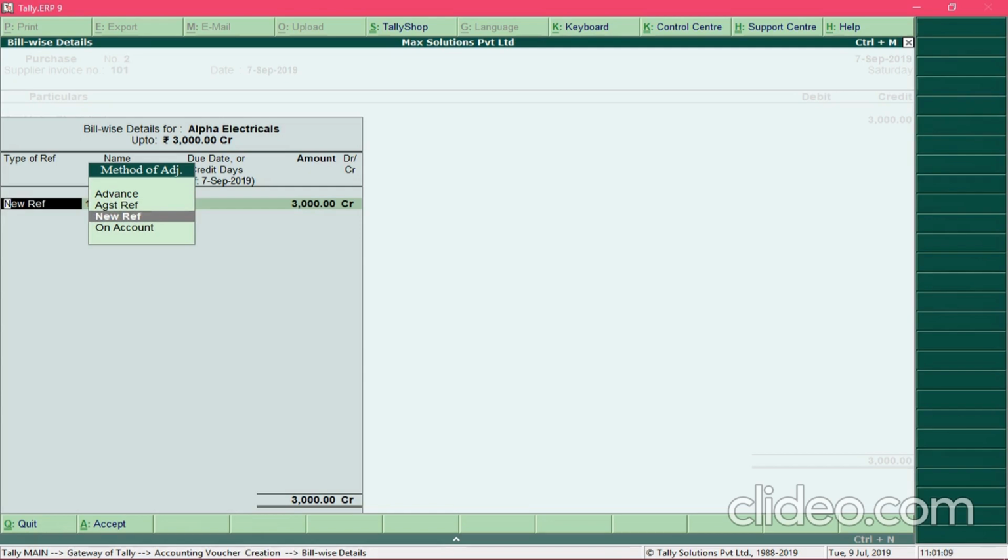For now, select the option new reference and press enter. And in the name, by default the supplier invoice number will be taken as the default value. So over here you can either keep this default value, which is the invoice number, or you can specify any other name which you can remember.